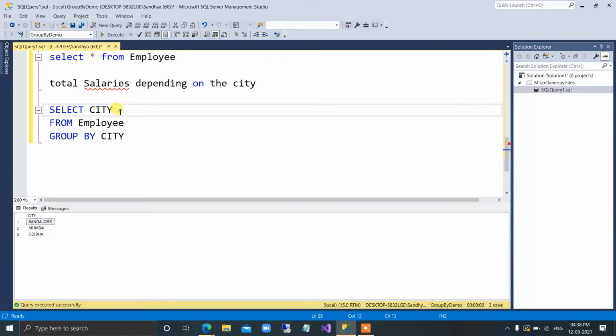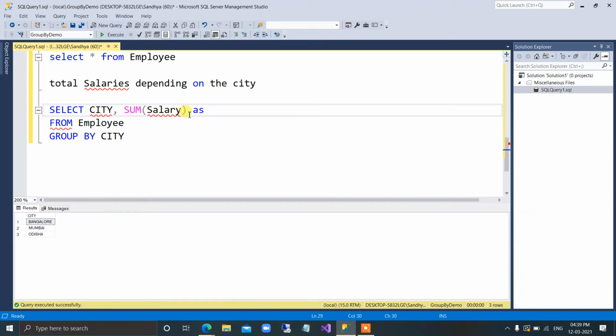But if you want to group the salaries by the cities, then you should use the sum aggregate function. You are saying, okay, first group the cities and sum the salaries of each city, then the next city, and so on, giving the city and the salary of that particular city.